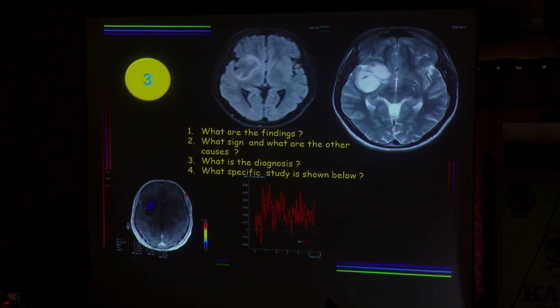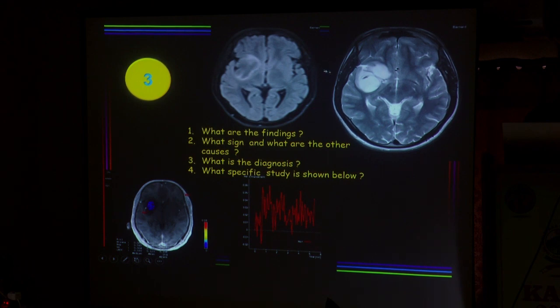I think some of you would know the sign. What is the sign? You can be a bit loud. Okay, you see a lesion in the left temporal insular region, and it is hyperintense on T2. In the FLAIR it is partially suppressed, with a peripheral rim of FLAIR hyperintensity. So this sign is known as the